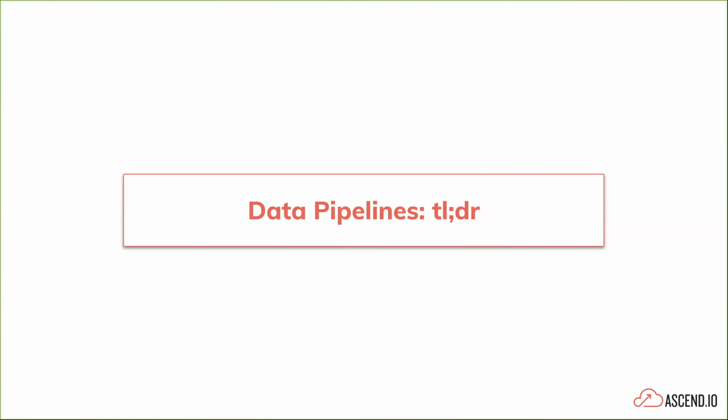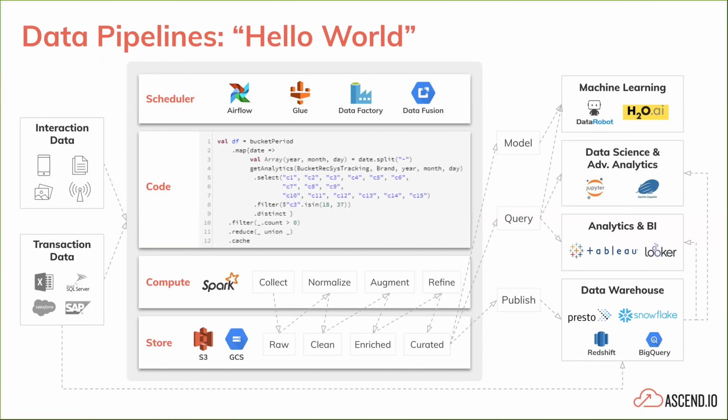So to get us started, we'll just start at the beginning of what's going on with data pipelines. When you're just getting started with a data pipeline, at its highest level, you've got some data somewhere. Maybe it's some transactional data in a database, maybe it's interaction clickstream data coming through streams and queues. And in this gray box in the middle here, this is where we're really trying to build out our pipeline so that we can get to the end state of some downstream use cases, right? It might be ML models, it might be queries for BI tools, it might be publishing it to warehouses so that we can query it.